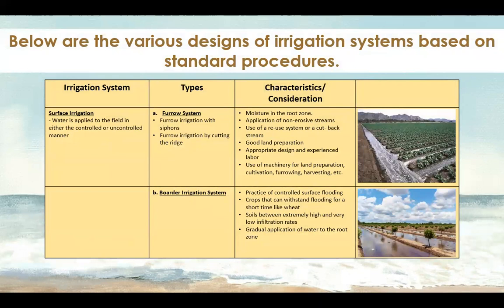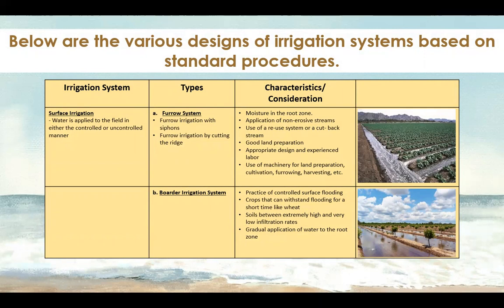The characteristics of our furrow system are moisture in the root zone, application of non-erosive streams, use of a reuse system or a cutback stream, good land preparation, appropriate design and experience, labor, use of machinery for land preparation, cultivation, furrowing, and harvesting, etc. For another type of surface irrigation, which is the border irrigation system, the characteristics of this are